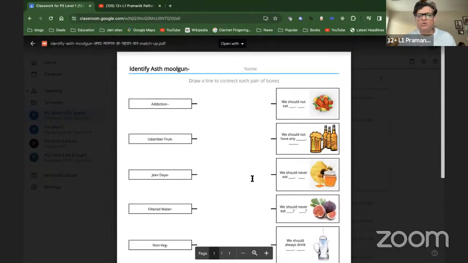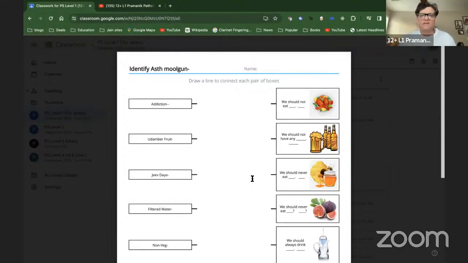So these are the 8 mool guns, right? These are the guns through which a Jain Shravak is differentiated from other people. Jains always drink filtered water. Jains never eat after